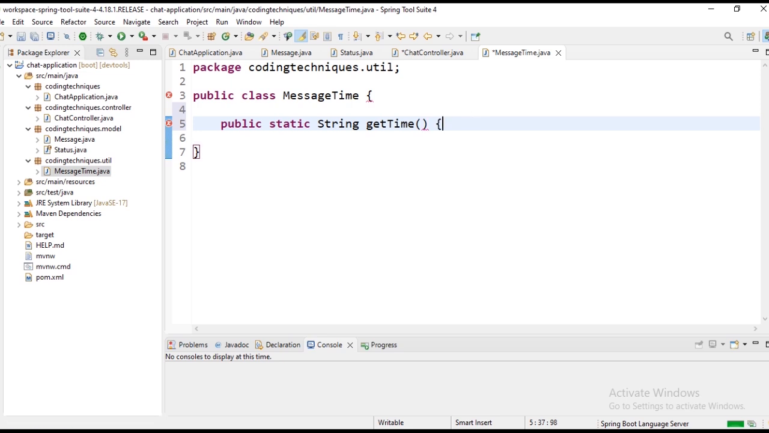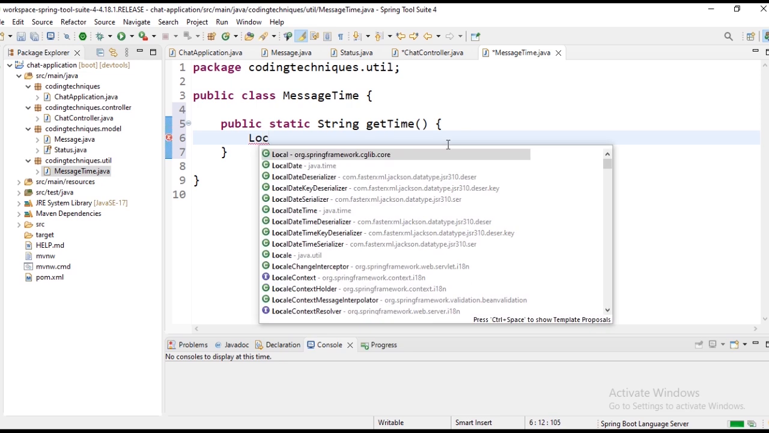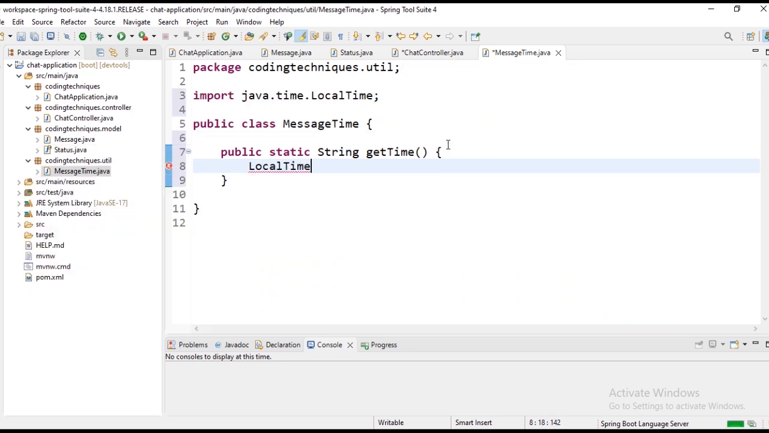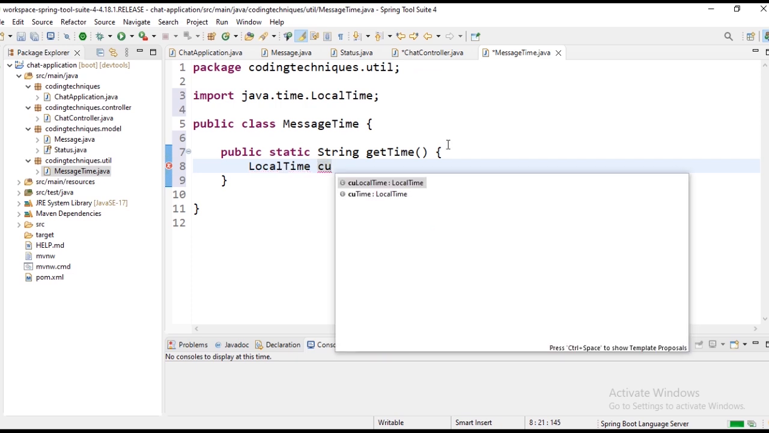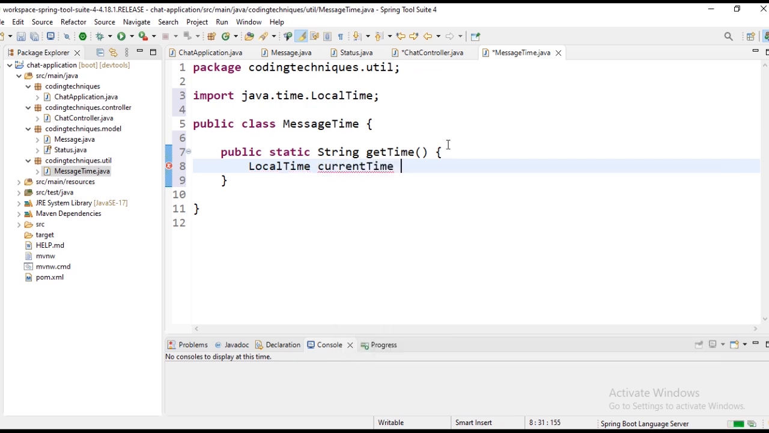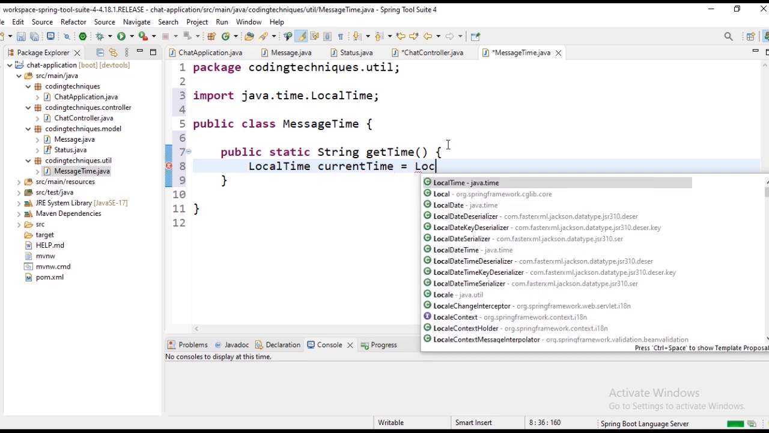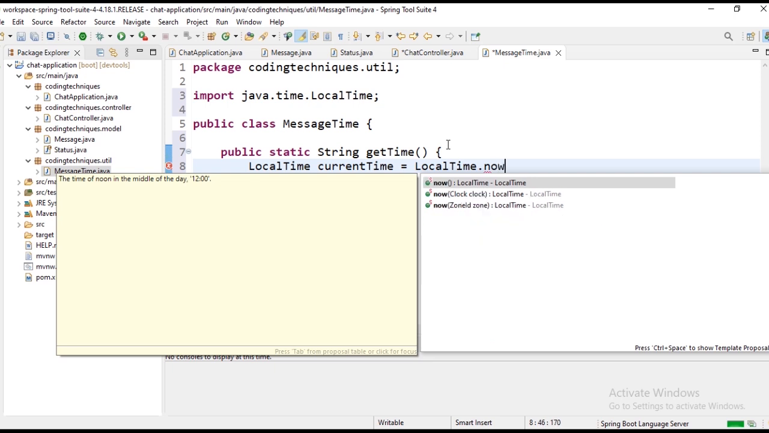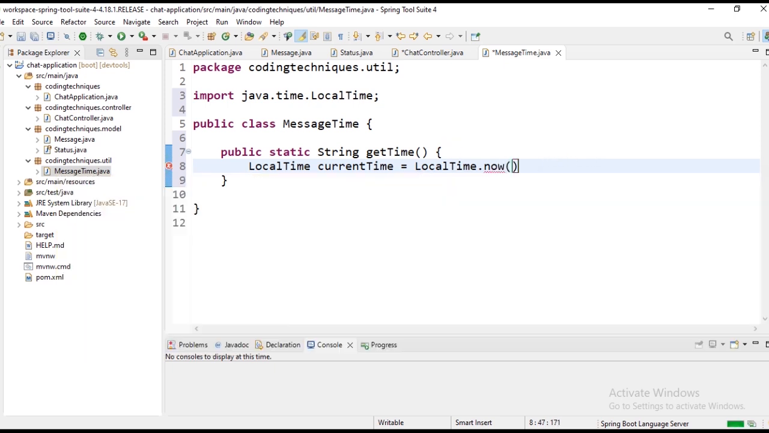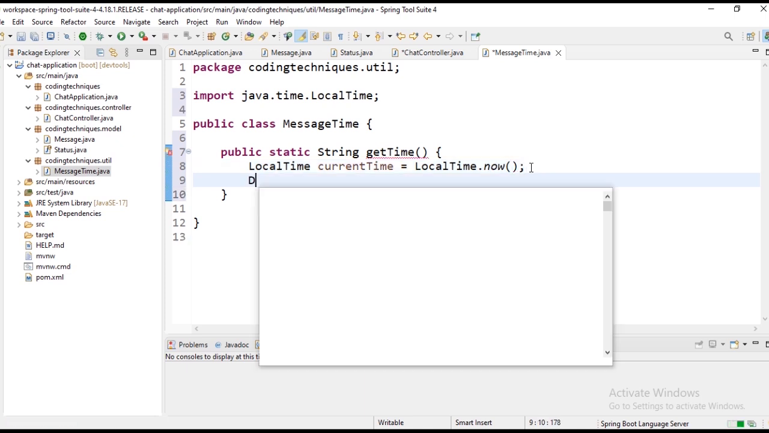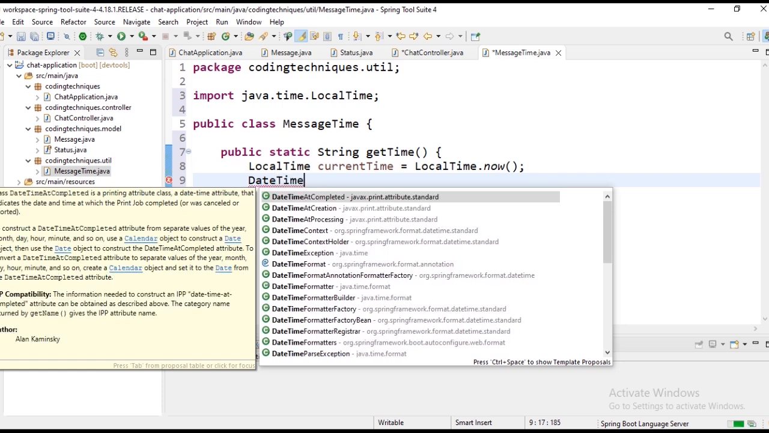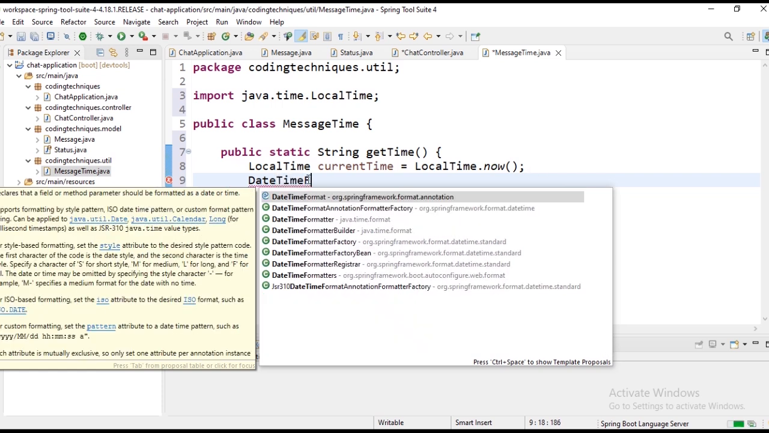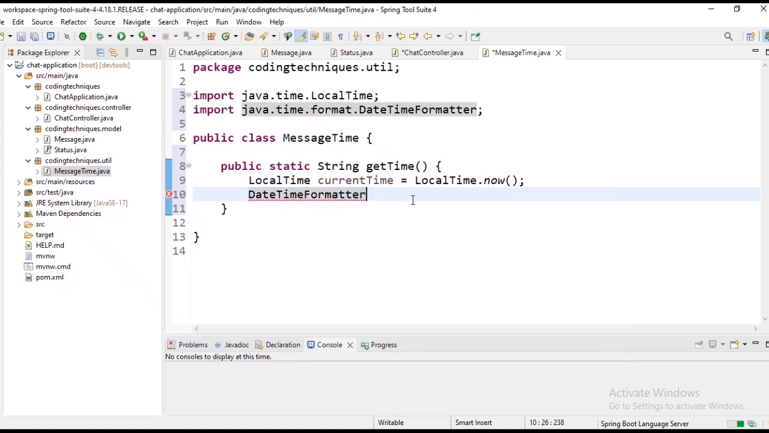Okay, so let's define a local time and call it current time, equal to local time dot now. We need to know the time at which the user sent the message, and we also need a date time formatter. Here it is, date time formatter. We call this time formatter, equal to